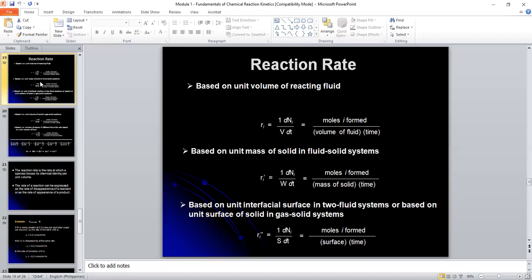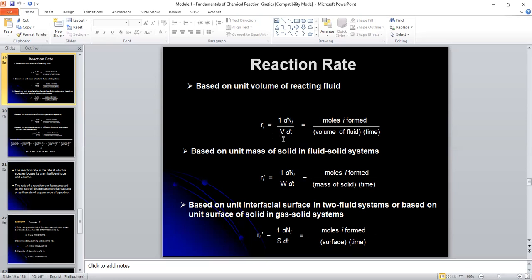So since it's a differential equation that we're talking about, meaning your formula should have a derivative. As you could see here, what you see on the left side are all written in the form of derivatives. When we speak of the reaction rate based on a unit volume of reacting fluid,